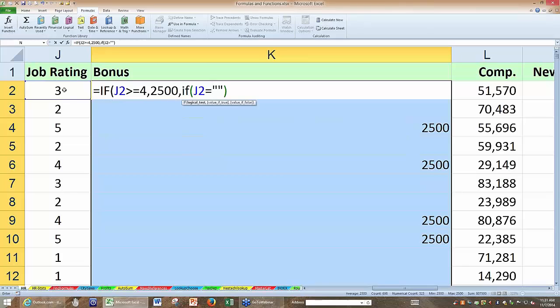And we're checking now to see if it's equal to 3, comma. And if it is, we'll give these people $900. But if not, nothing, blank. This is an if inside of an if. It's called a nested if, and we do have to provide the extra right parenthesis on the right